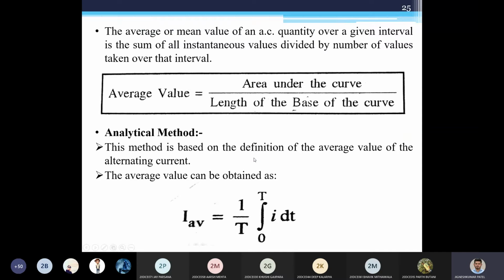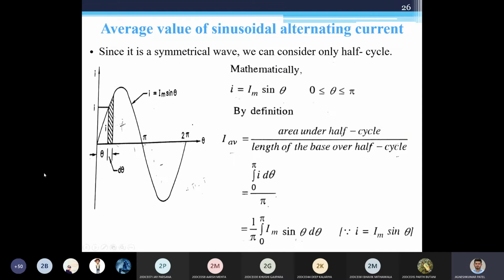So let's have an AC wave first. This is my AC wave. This is how an AC wave looks like. This is the waveform of current. Now I have this waveform starting from here. If I say this is my current I, this would be my equation Im sin theta. So Im is the maximum value of the current, this point. This is my Im.